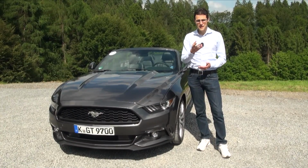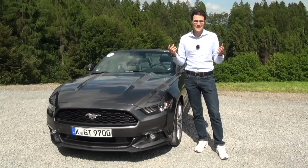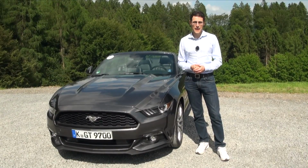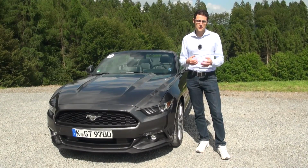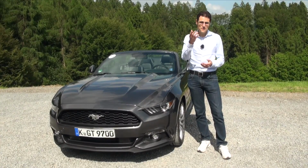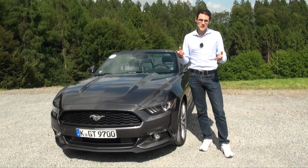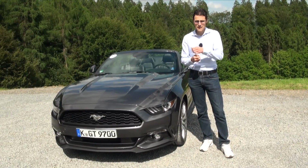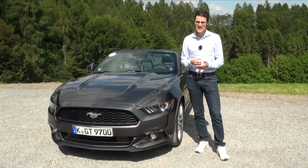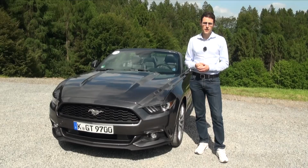And you've maybe also seen the burnout function. That's totally a crazy feature, and I wouldn't recommend doing that because then you can just throw away your tires after once. But that's a good thing. We've tested it out for you now, so you don't have to do it with your own Mustang. But of course, it's always fun if you turn the steering wheel in one direction and really push the throttle. There's so much power at the rear wheels that the car can be spun around on one